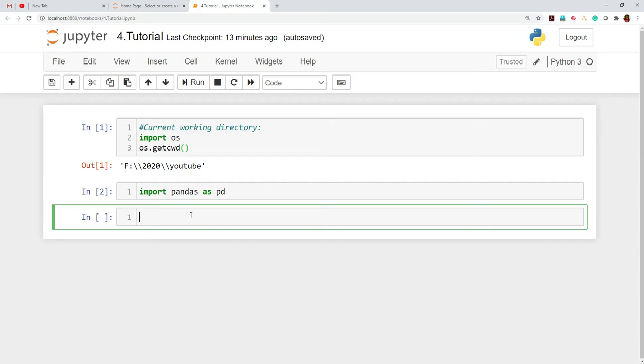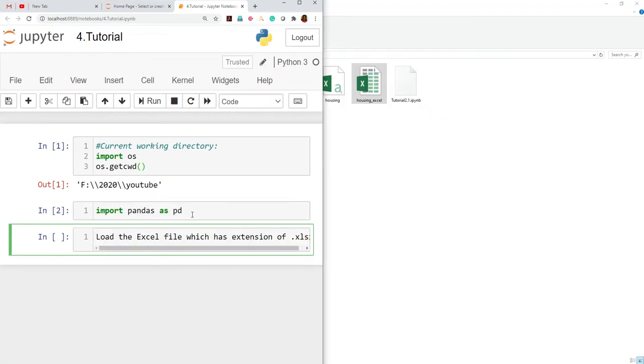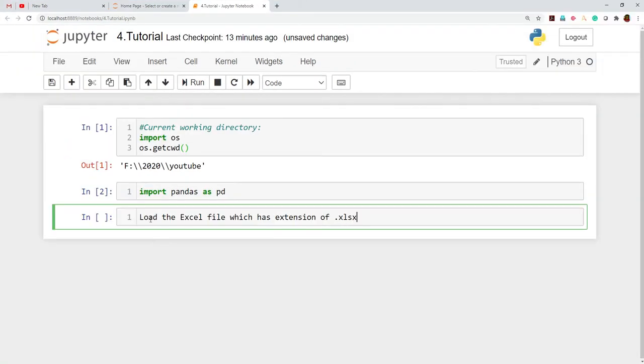And how to load the Excel file which has the extension .xlsx? We wanted to comment this, we have given this.